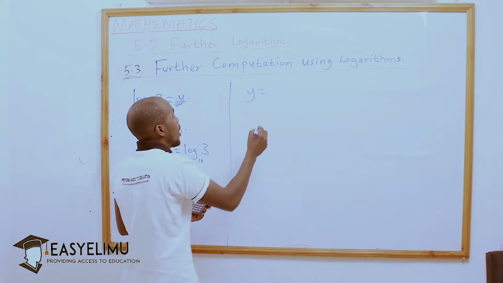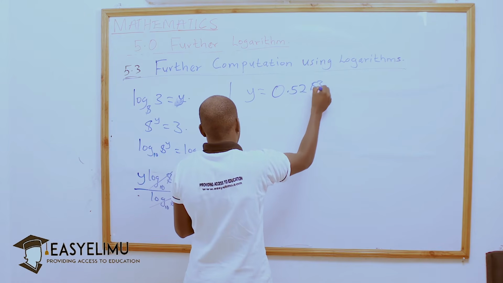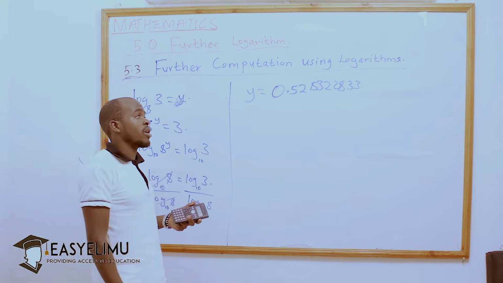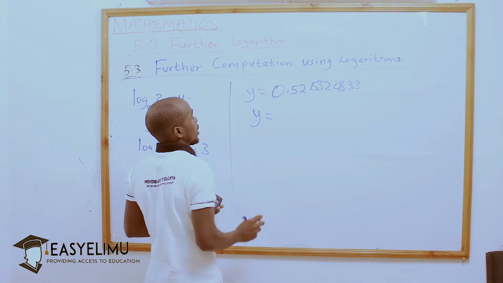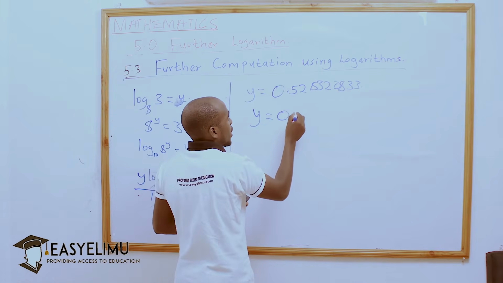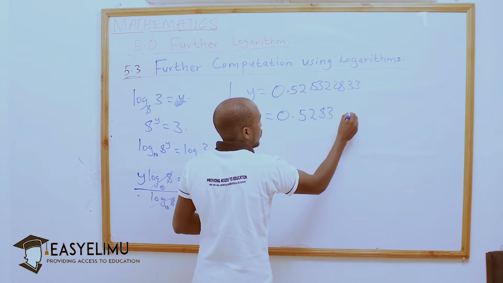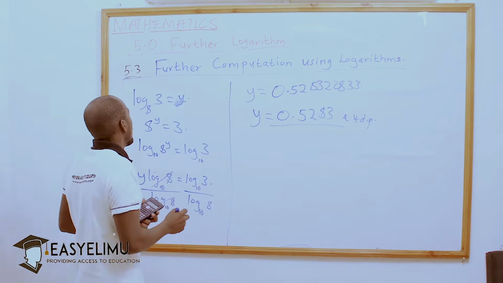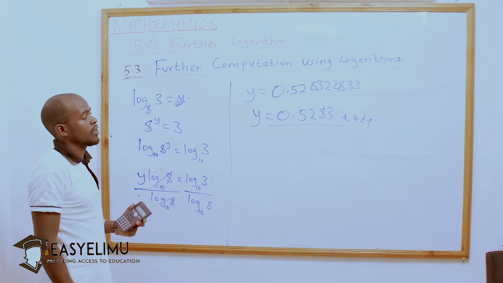And you are going to get your answer, 0.528320833. It depends on what you have, and that is what the calculator gives. But you can't write all that. You just truncate, or you round off. Like for me, I round off to 4 decimal places, and I will get my answer to 4 decimal places. So whatever we want here, the logarithm of 3 to base 8, we are getting